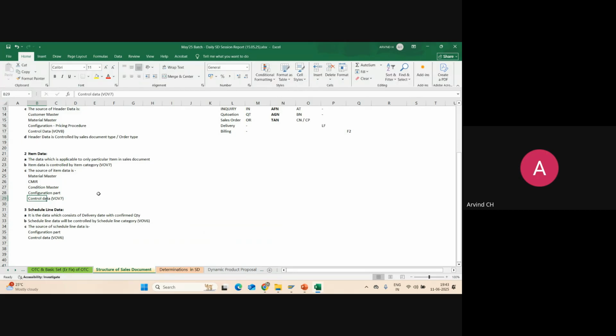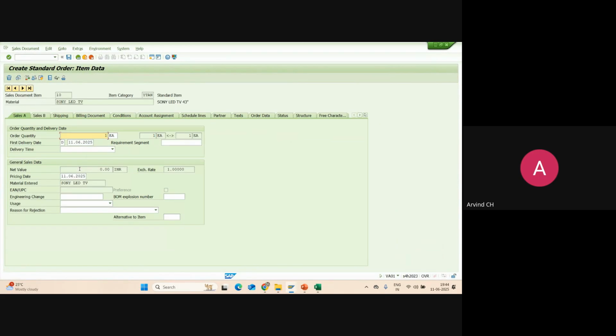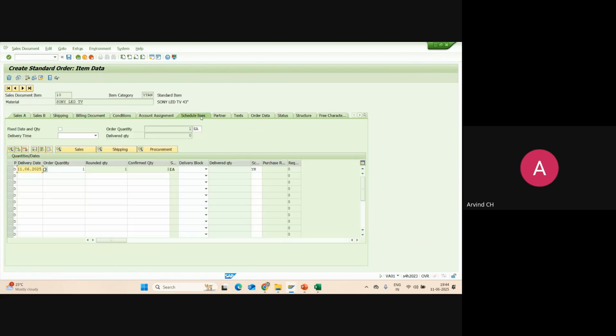And parallelly, last but not least, the control data of your sales item category, I can say item category control data. That's all about the item data. And the last data within the sales document, whatever we have seen, where I made fields disappear and appear, this is the last data, the schedule line tab. This schedule line tab itself is one of the data within the sales